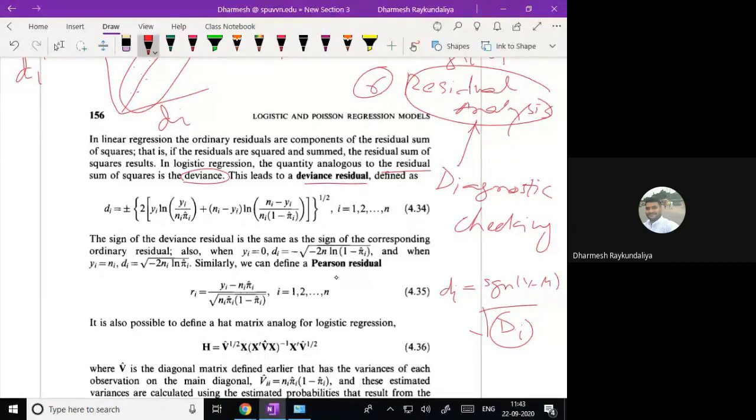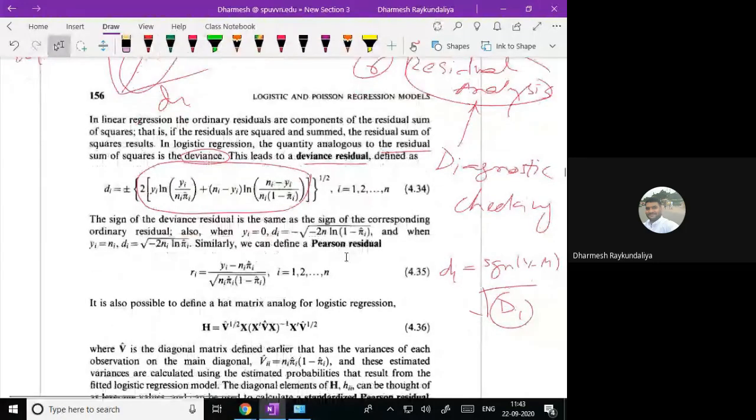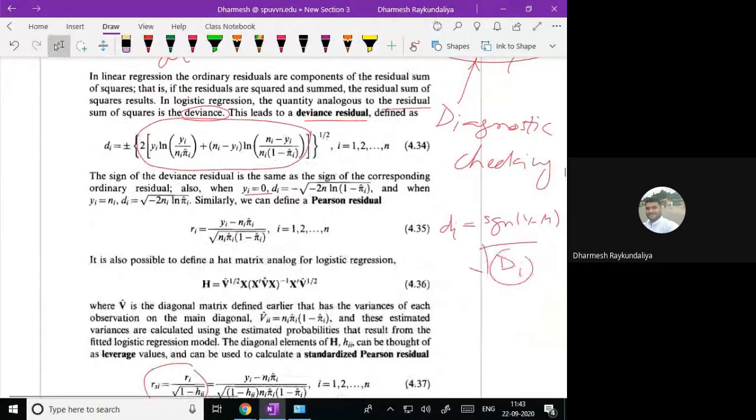In a binomial distribution, the form of the deviance will be this. Just take the square root of that, and the plus or minus sign depends on whether y is greater than mu or not. So here mu is nothing but pi. So y takes two possible values: either y takes value 0, because now y is a count, or y takes value ni. If it is ungrouped data, it takes only 0 and 1, and then instead of ni I have to write 1.